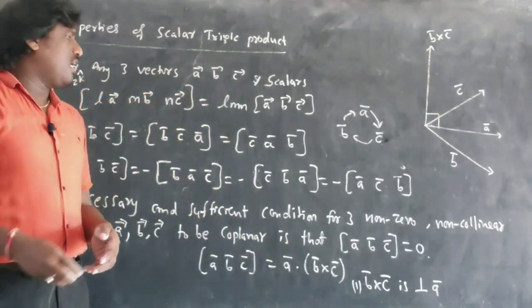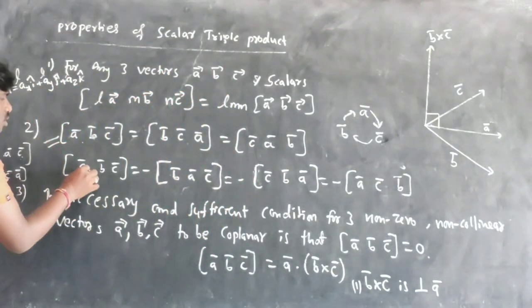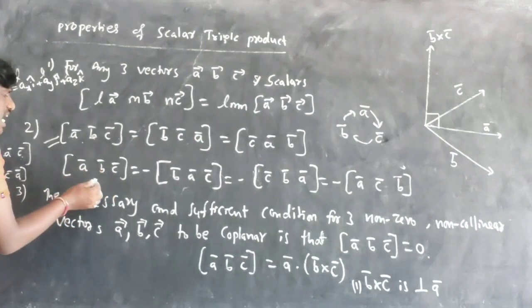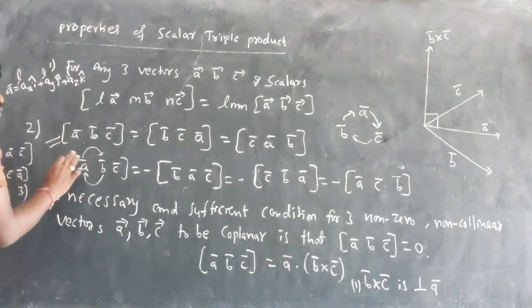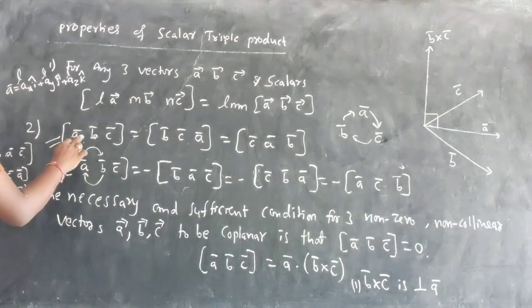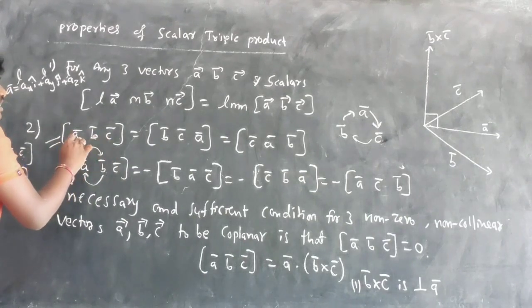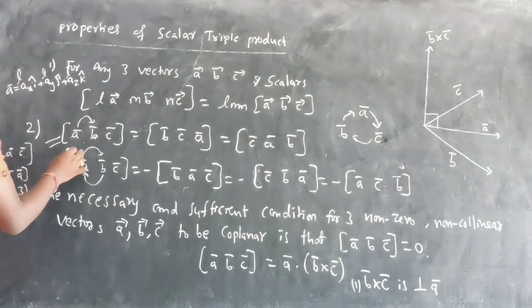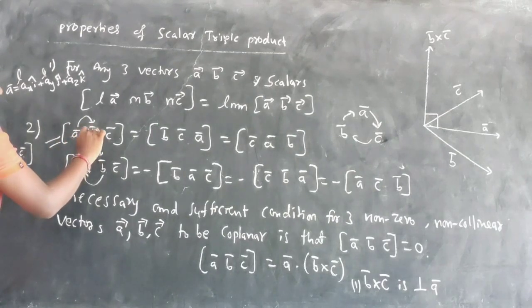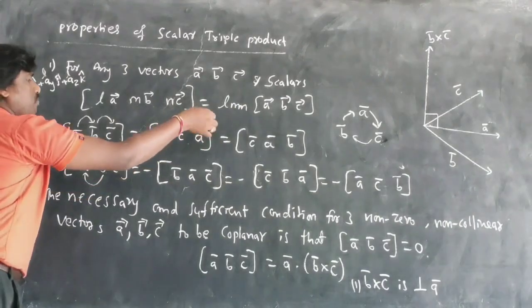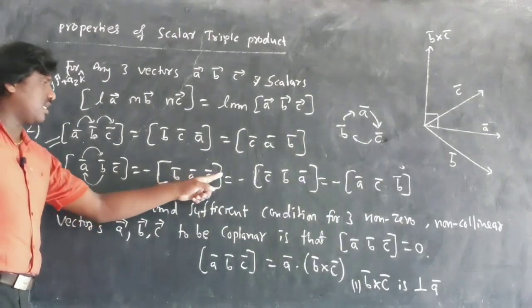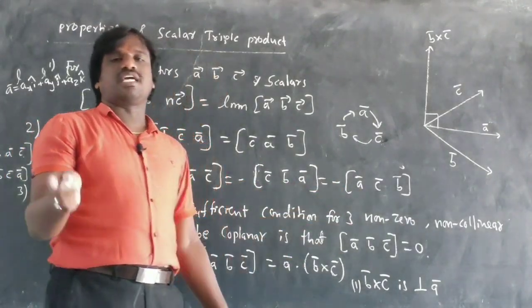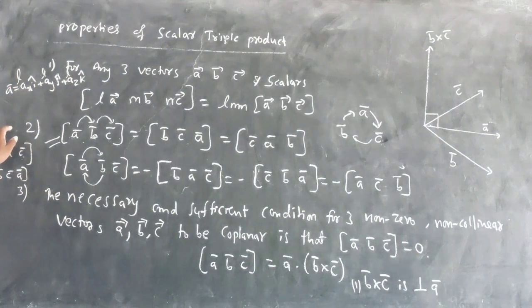This is for 11th and 12th class. What you know here? You know that for any row or column, see here ABC is there, I changed only here, B I shifted here, A I shifted here. One time when I change, that is negative. Here if you see, AB I shifted first, you got BA, and then A and C also shifted, twice shifted, so the box is positive. Here only one time I shifted, all these things are one time shifted, so negative is the answer. This is what property number 2 says, and this is what property 1 says.